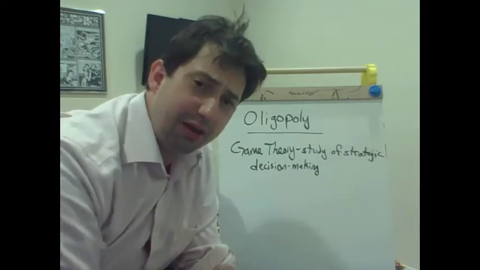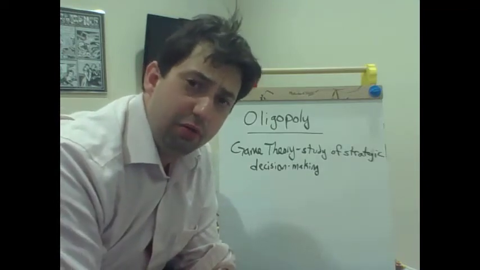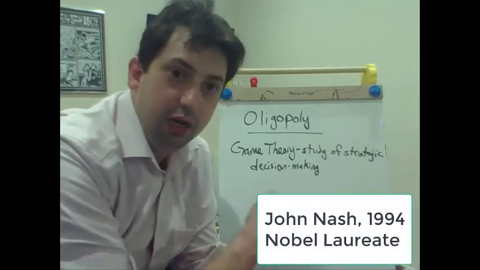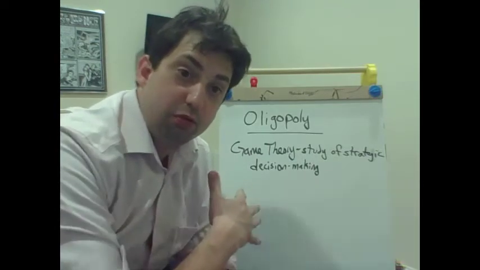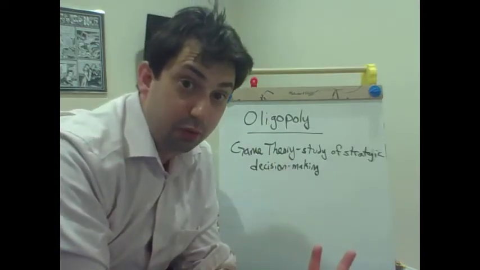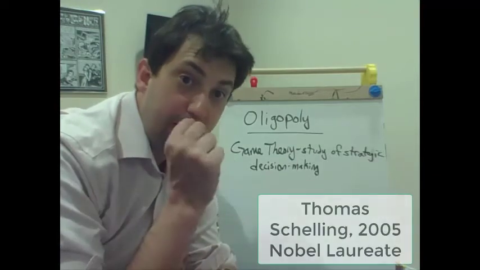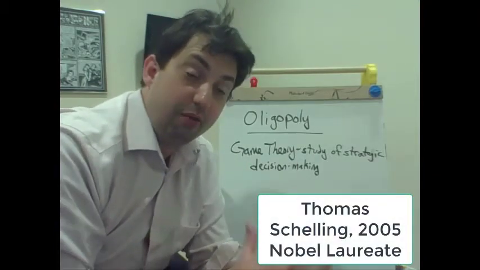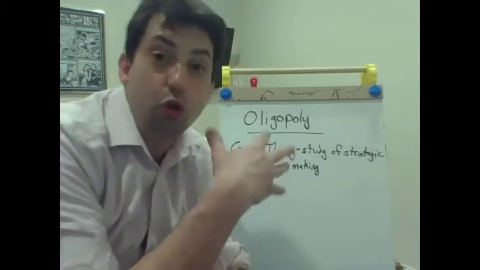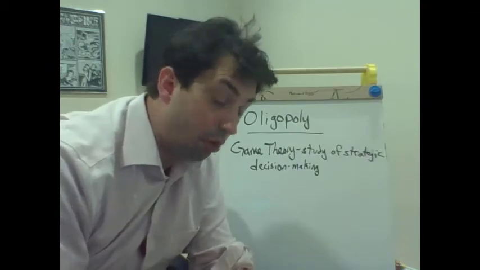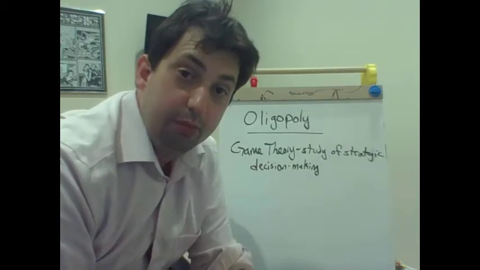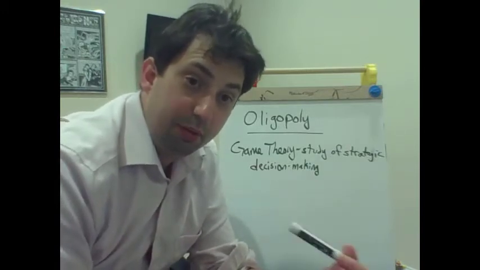It's originally, like I said, mathematics, but the founder of game theory, John Nash, won the Nobel Prize in economics for game theory because game theory spills over into a lot of economics. And he's not the only person that's won a Nobel Prize because of their work in game theory. Thomas Schelling, same story, also won a Nobel Prize because of their work in game theory. So it's this huge branch of mathematics, this massive field, and there's a lot of applications to it. We could do a whole course on game theory, multiple courses, but we won't do a whole course. We'll just do a little bit, but you'll be able to see there's a lot of